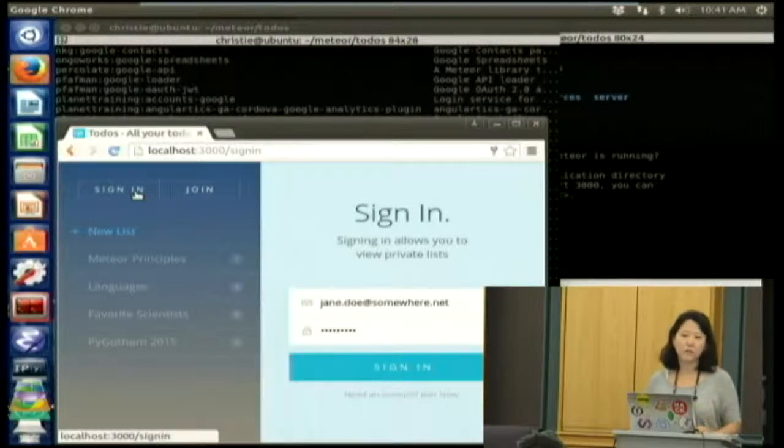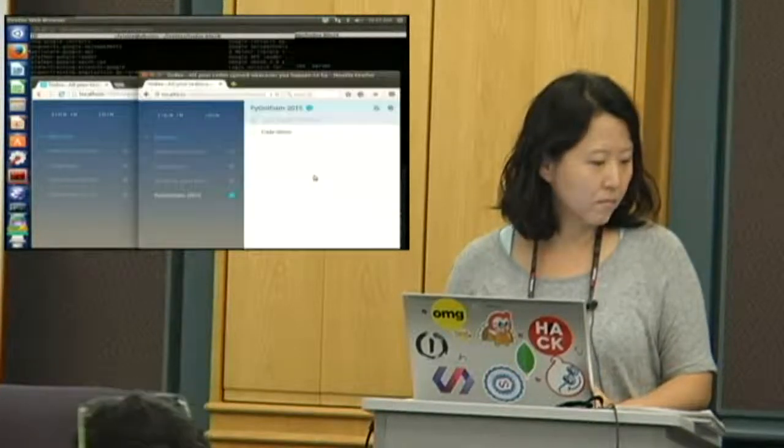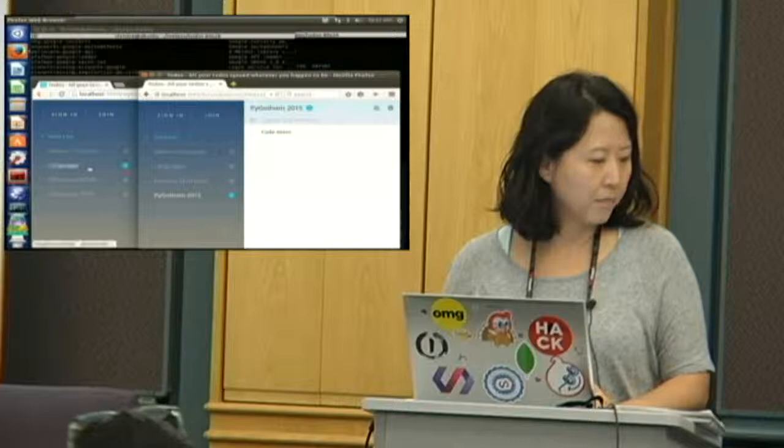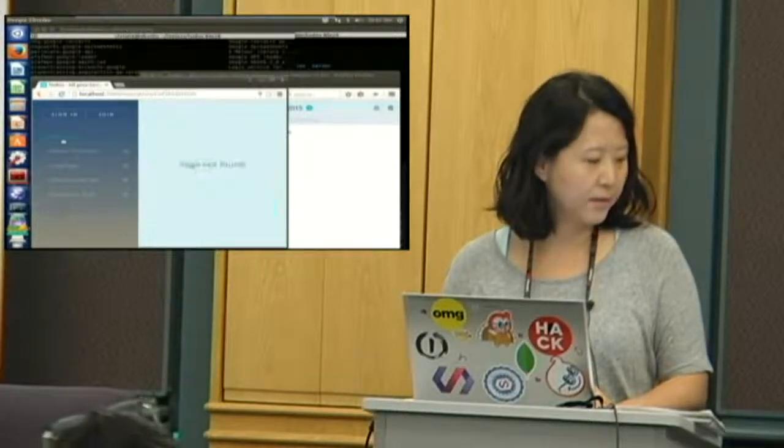It is actually just one line of code. You put them in handlebars. What Meteor has is their own version of handlebars called spacebars. In this flow, it's a custom sign-in. So here, I'm going to create a new list, and the default is